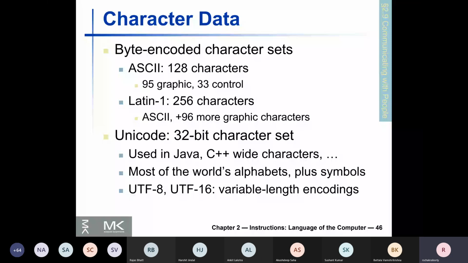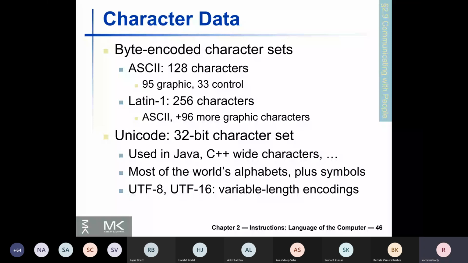However, internationally the most popular character set is a 32-bit character set called Unicode. And Unicode is extremely powerful. It has native support in many programming languages, including Python, and it can cover most of the world's alphabets and symbols. Okay. It allows variable length encoding, etc. So there are additional complexities. Everything is not as simple as ASCII, but we'll be concerned primarily with ASCII characters.